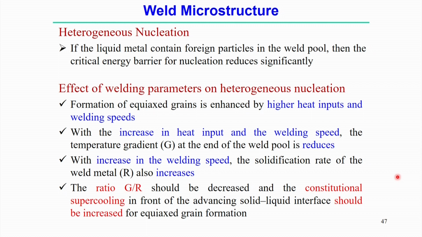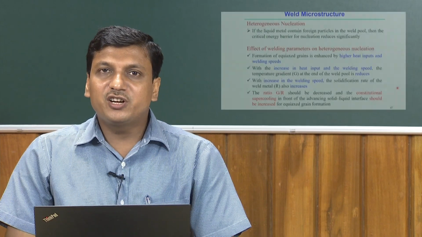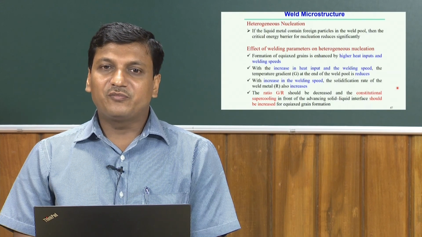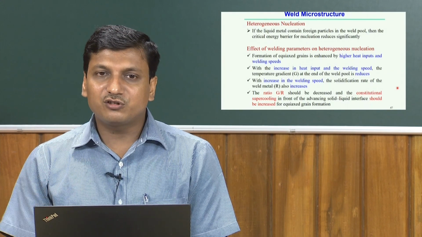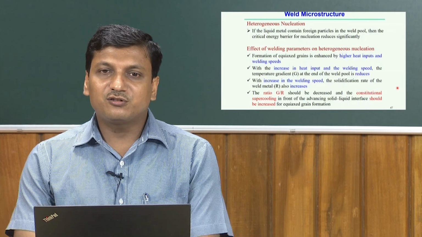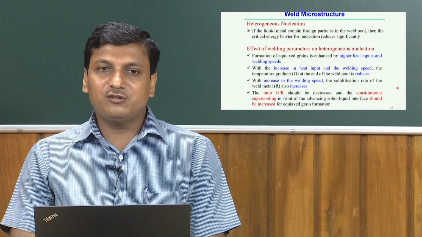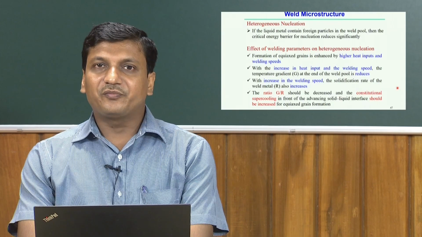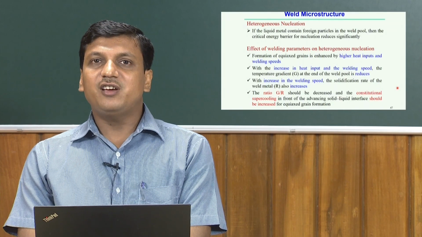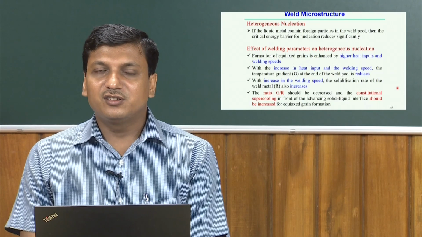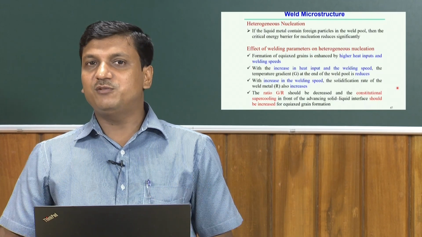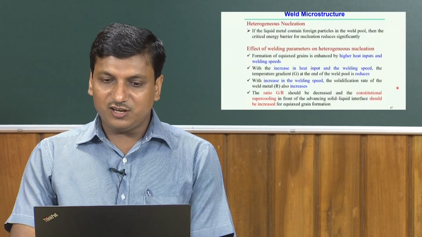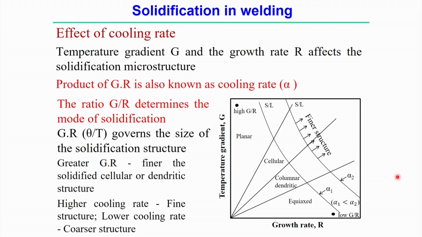That means if the G by R ratio decreases, that actually promotes constitutional supercooling in front of the solid-liquid interface. Therefore, the G by R ratio should be increased for equi-axed grain formation. That means a high value of the G by R ratio actually promotes equi-axed grain formation. Here you can see the G by R ratio,